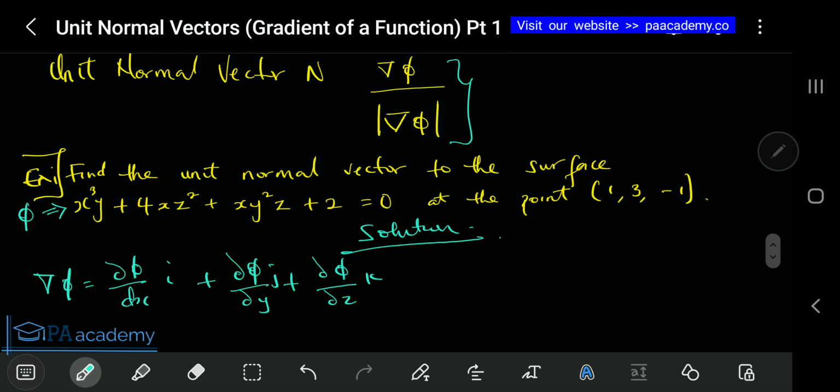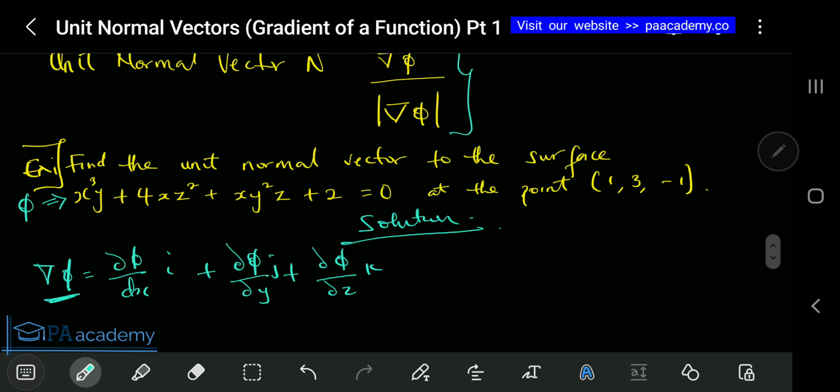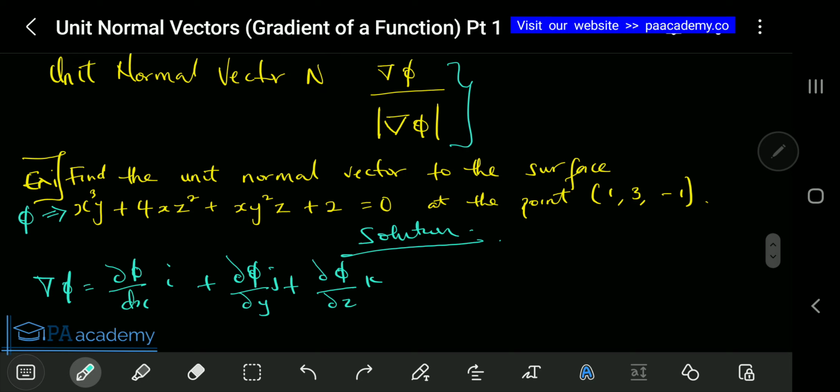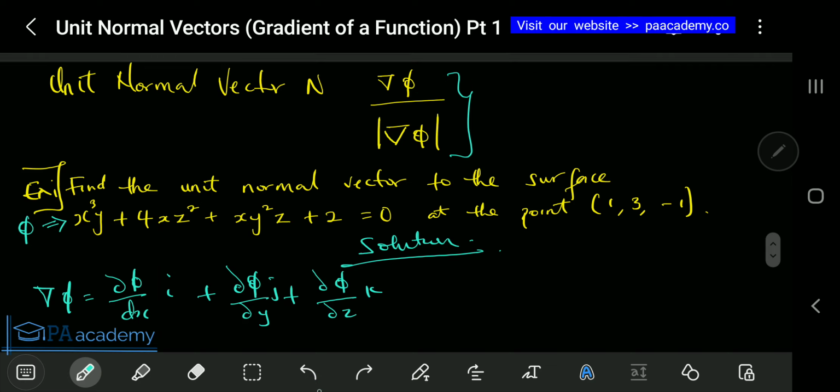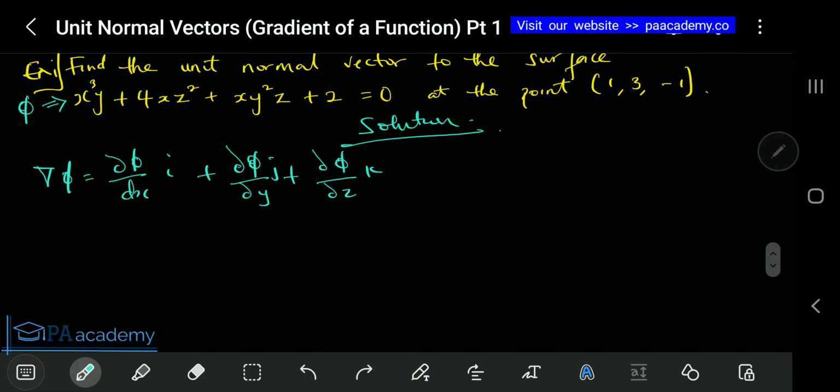Are we good? Now let's calculate the grad of phi, because from the formula you can see we are going to need this. Let's calculate what the value is exactly. First, the partial differential of phi with respect to x. We don't need to waste too much time on it because we've looked at two other examples before this video. If we differentiate this first term with respect to x,